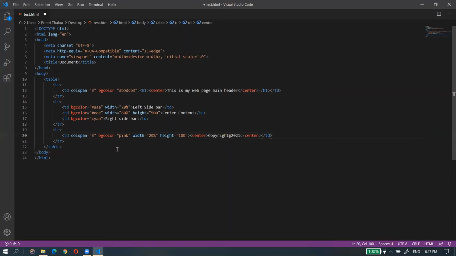Right. Now few other changes I'm also doing here, just in the table, because I have to set the border equal to 0, so that there would be no line in between. Otherwise, if I'm not setting it to 0, that can give you one thin line between the rows and all. So I'm setting the border as 0, so that no line would be visible to you. And also I can set the width to 100%, so that the table can take the whole screen. So for that I'm setting width equal to 100 percent.